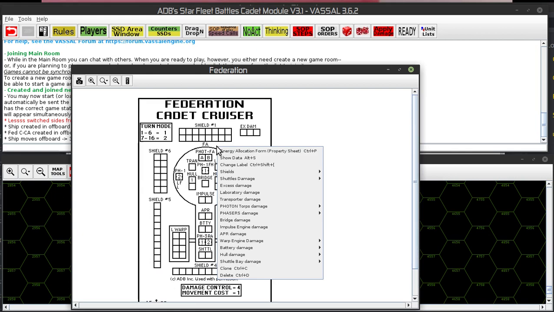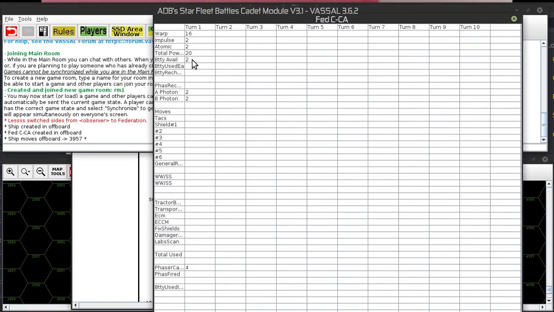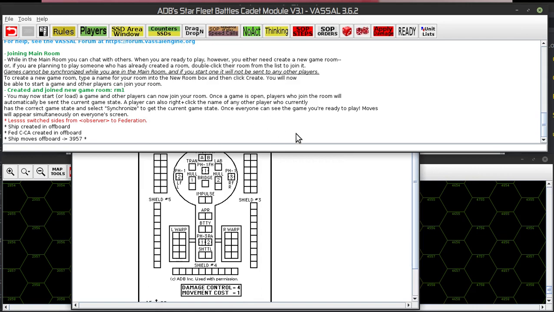In my game sheet here, it's a sealed bid sort of game where you allocate your energy for the turn, you then play the turn, you then reallocate your energy and play the turn. So that's what you would do here. There's an energy allocation form, two ways of doing it. I'm going to use the one that says show data, which is a spreadsheet form. So I would fill in my power systems for what I'm going to do for the game for turn one, end it. And then in most games you've got some sort of a